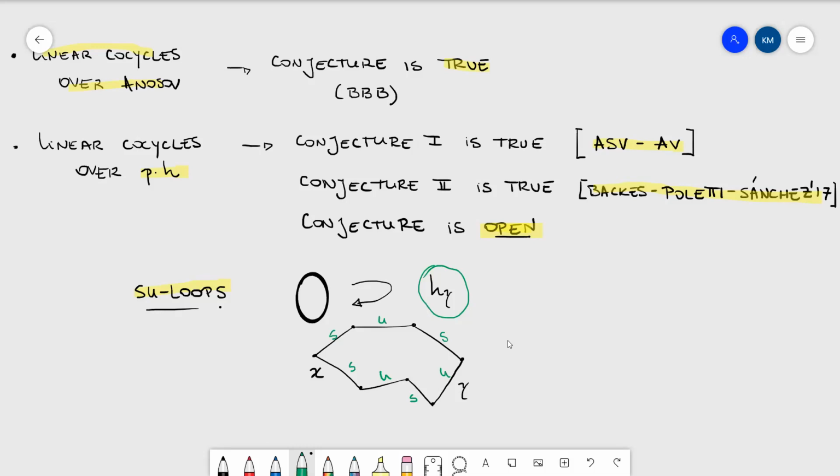Unfortunately, this is not something that you can adapt to the derivative cocycle. So recall that for the derivative cocycle, I'm perturbing the base. So I'm perturbing the stable and unstable manifolds. This is more likely to break. And these two proofs of conjecture 1 and 2 are dealing with very precise estimation of what happens in the fiber, because the base is fixed and they don't need to worry about this. So the question is, what can we do in the general case? What can we do in the derivative cocycle case to understand something about conjecture 1 and conjecture 2?